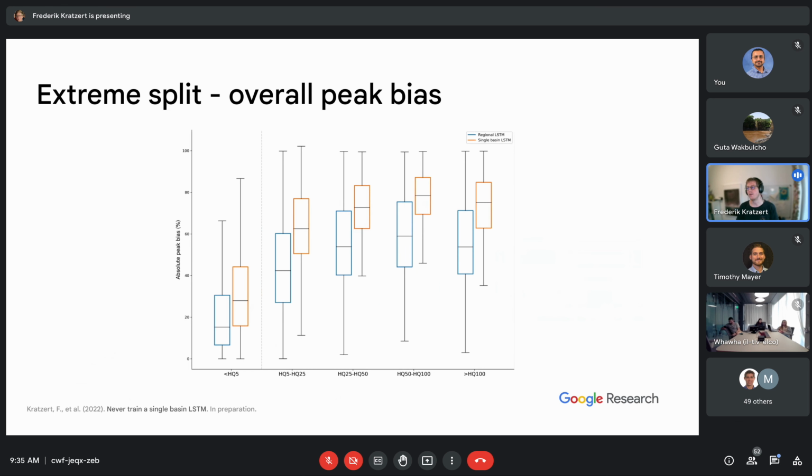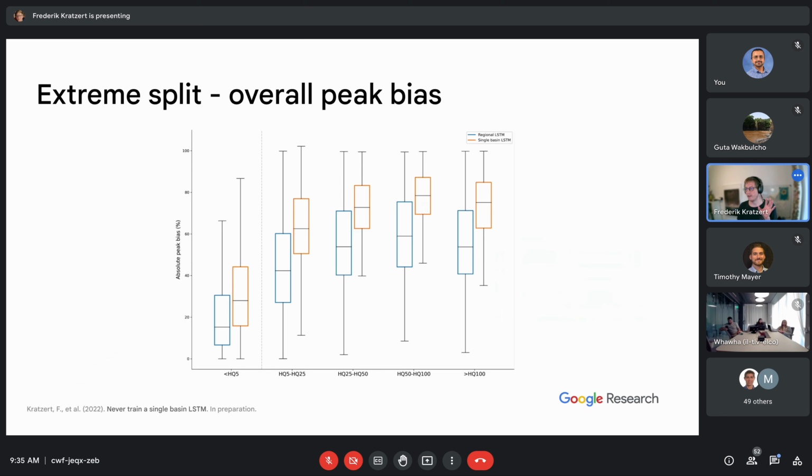And if we look at this in a more formal way, this is an adapted plot from the Jonathan Frame paper, but now comparing the regional LSTM versus the single basin LSTM in terms of absolute peak bias. So that is the percentage error that we make on the peak flow, just looking at the annual maximum flow, and now binned in return periods.